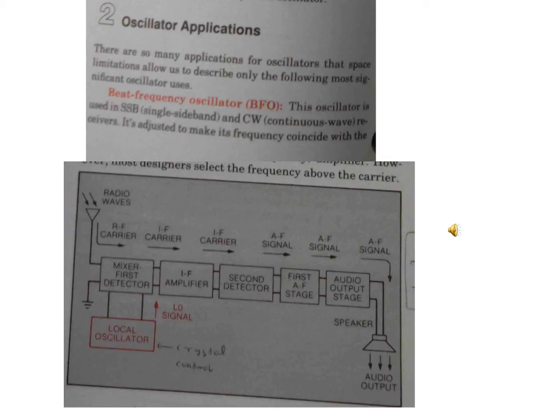They pass through the intermediate amplifier, and from the intermediate amplifier the carrier waveforms also pass through the second detector. From the second detector, the amplified signal is taken out. This amplified signal passes through the first amplifier stage, and then also through the audio output stage. In the audio output stage only the signal is amplified, and this signal drives the audio output speaker circuit. So this is the operating principle of the radio RF circuit.